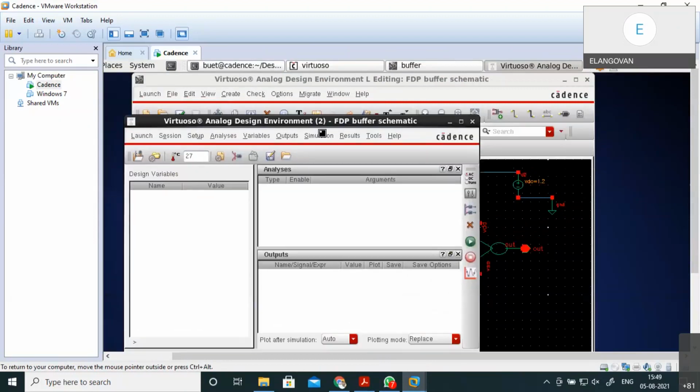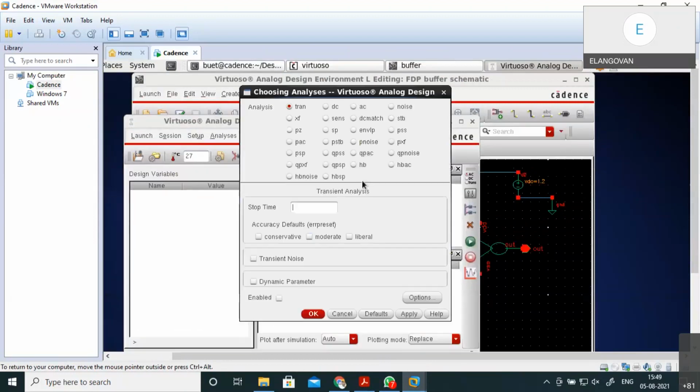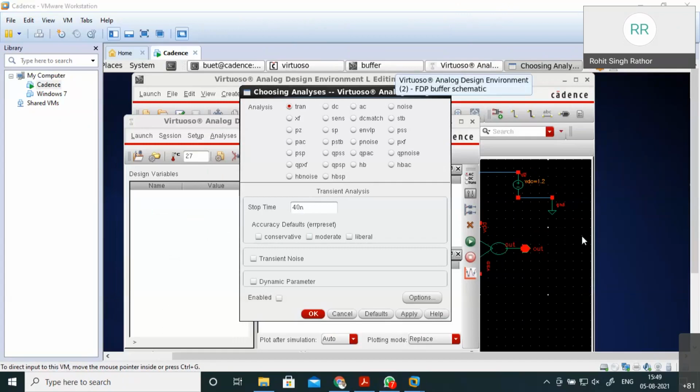So here we can do the same analysis, transient analysis. Moderate value I'm choosing. Apply.